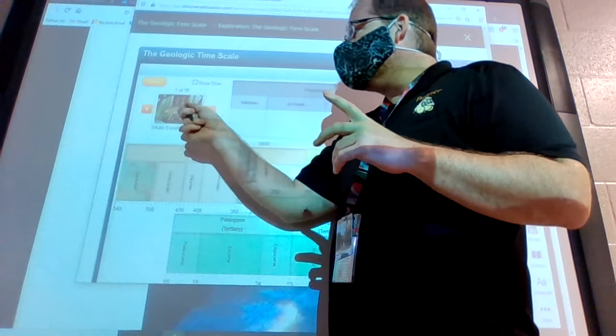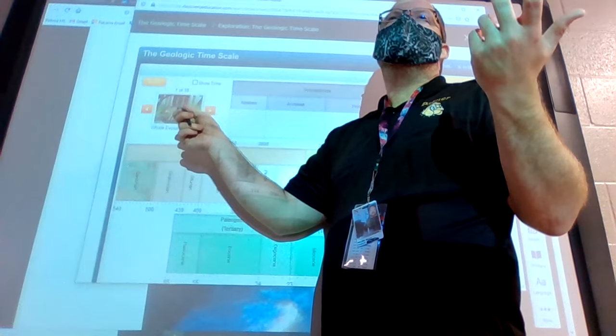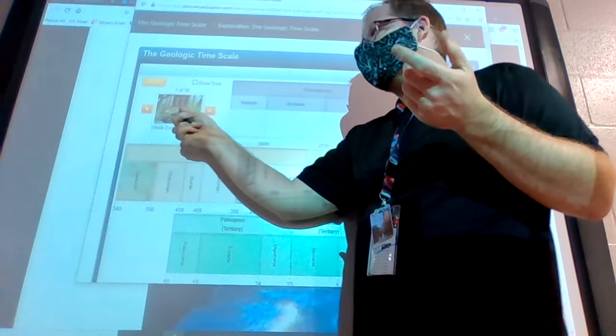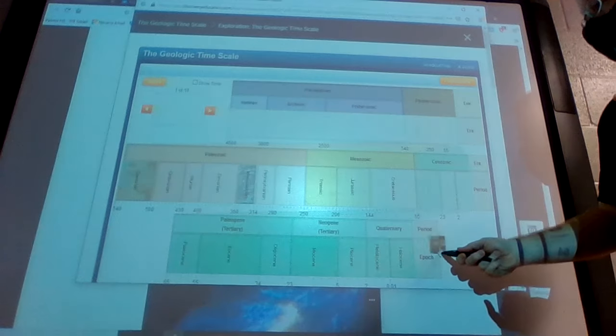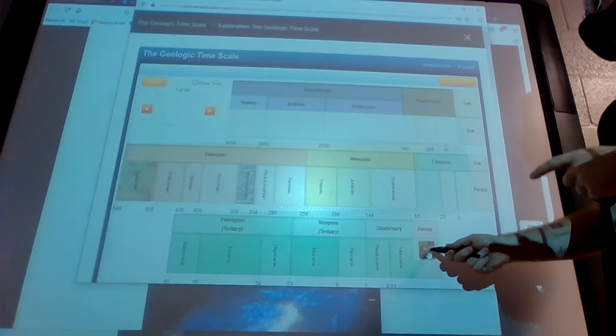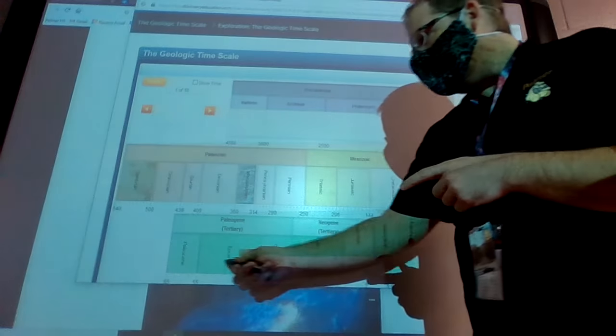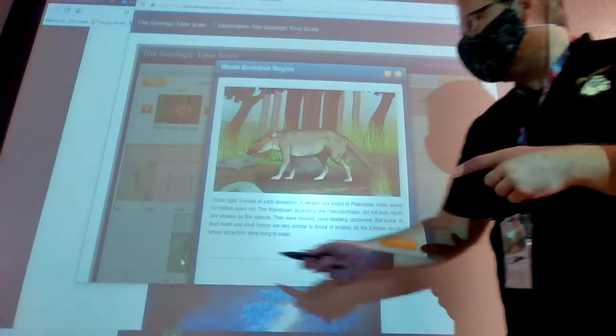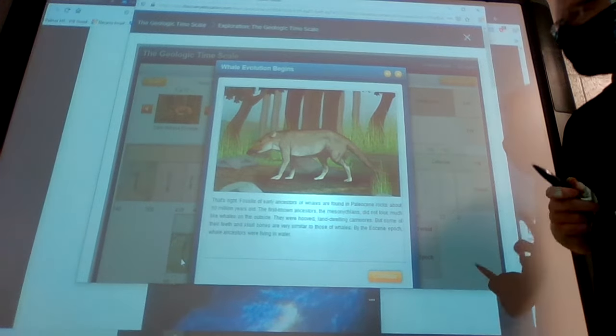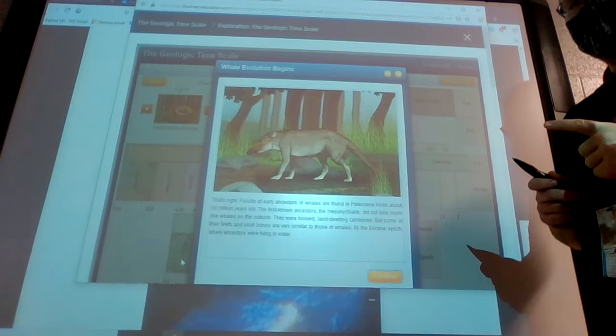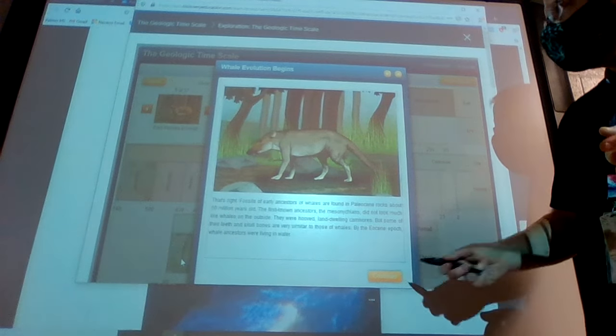So whale evolution begins. That's got to be not too early. That's got to be pretty late, I would guess. So whale evolution, I'm going to say somewhere after the Mesozoic. I'm going to go early Pliocene. Boom. I got something right. Mr. Bailey knows a little bit. So we got whale evolution in the